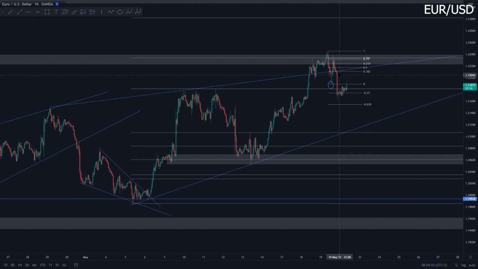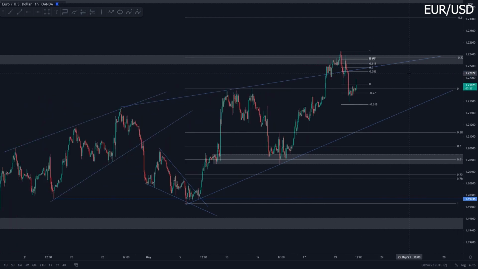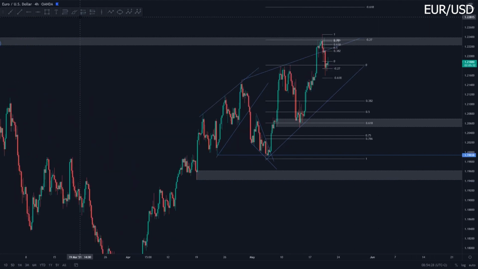So yeah, around the 618 I shorted Euro dollar back towards the downside towards that -27 level, and as you guys can see, we hit it to perfection. So yeah, beautiful Euro dollar setup that you could take or could have taken yesterday. And yeah, what am I expecting for now? Well, I am expecting further downside with a nice push back towards the third trendline touch of the lower trendline of the overall ascending wedge. So yeah, that is Euro dollar.